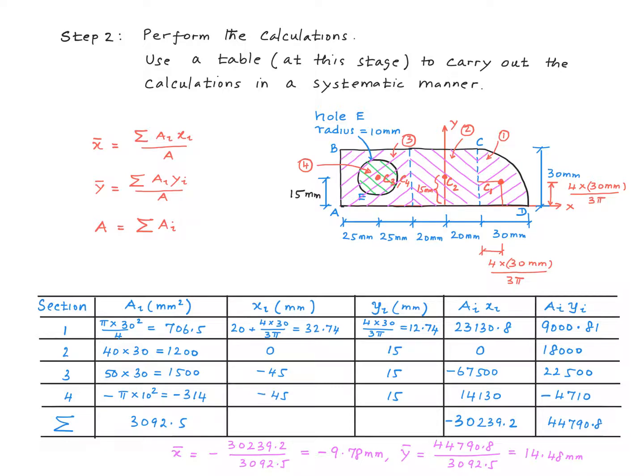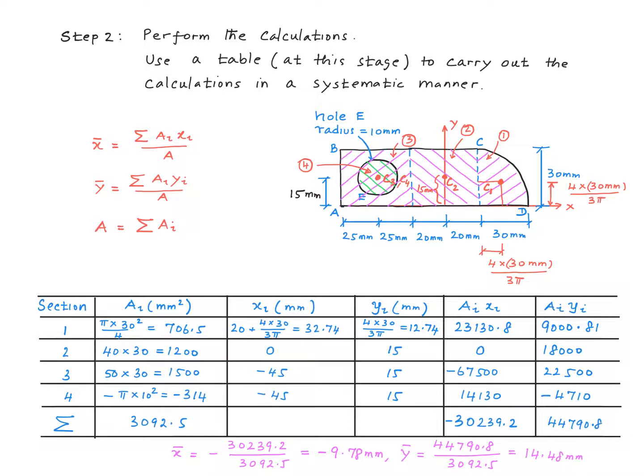The x-coordinate of the centroid of the quarter circle equals this distance, which is 20 millimeters, plus this distance, which is 4 times 30 divided by 3 pi. So I get 32.74 for that. The x-coordinate of the centroid of this middle rectangle is 0 because the centroid lies exactly on the y-axis. These two centroids lie on the left side of the y-axis, and therefore the x-coordinates for these two centroids are negative. So I have minus 45 for this and minus 45 for